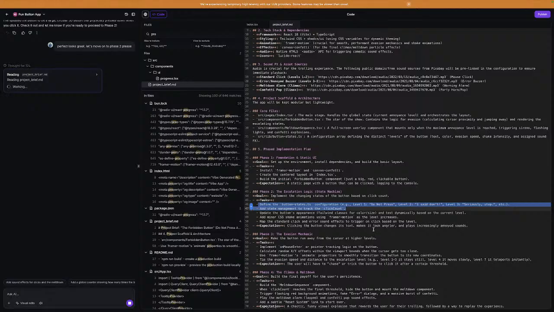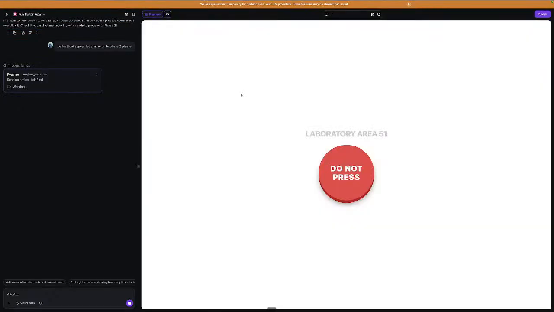Expected: clicking the button changes its text, making it look angrier and plays increasingly annoyed sounds. Oh, look, it even added a little extra CSS there. That's nice.